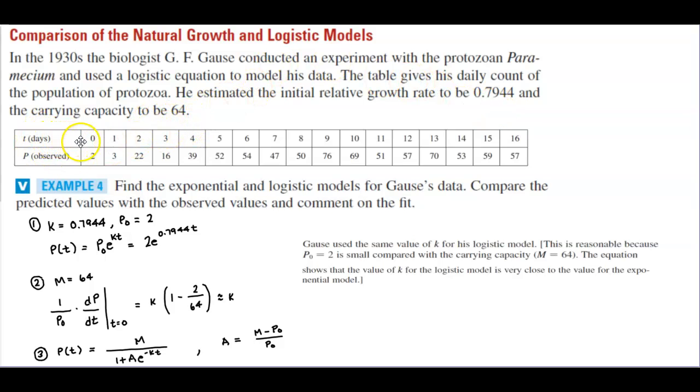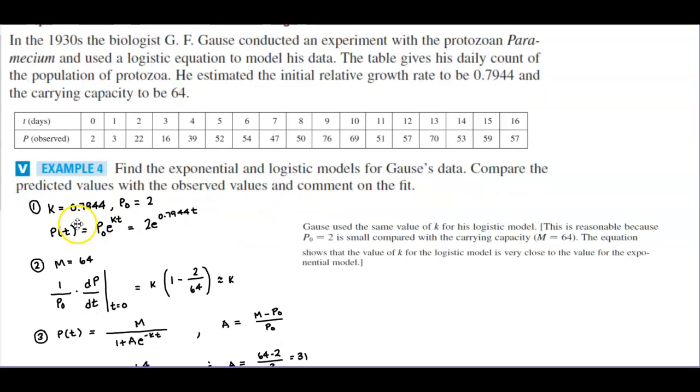So here's the value of t, which is going from 0 to 16. And then the Paramecium, the observed, you can see what the values are as far as the outputs. Now for example 4, we want to find the exponential and logistic models for Gauss's data, and then compare the predicted values with the observed values and comment on the fit. So for part 1, if we want to find out what is the exponential model,